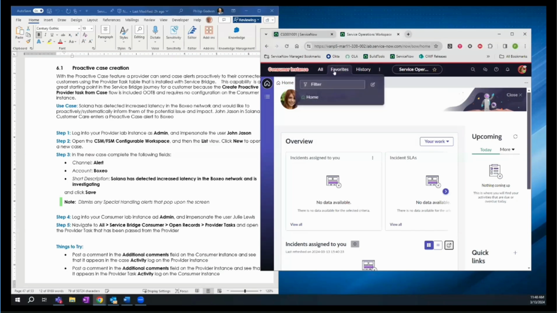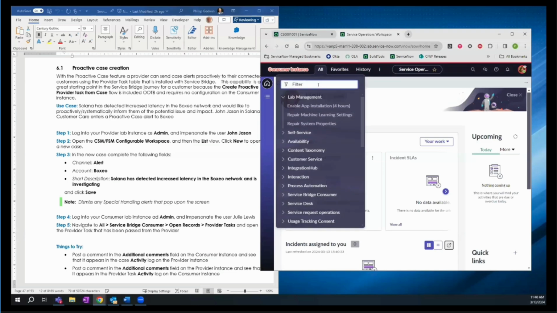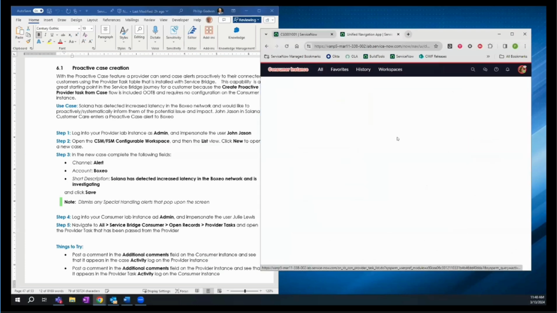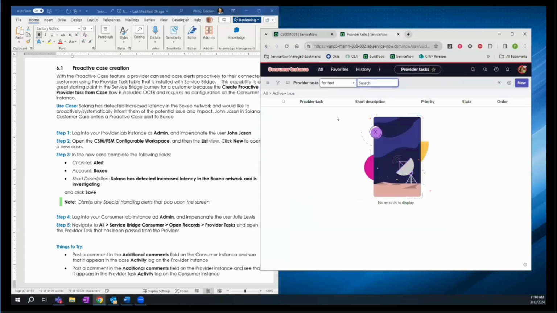What Julie will do, and I don't have it as a favorite for Julie, so we'll go into Service Bridge. If you go into the Service Bridge Consumer app and choose Provider Tasks,